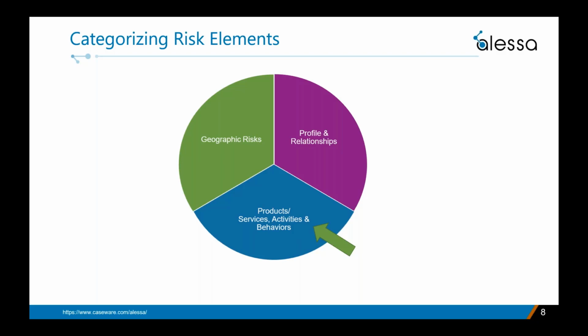So if you think about it, the first category is about who the customer is. The second category is about what the customer does. And then the third category, geographic risk, is about where the customer does it. It being payments, both incoming and outgoing, as well as locations of assets, business relationships, and so forth. Now, this is then tied to money laundering risk associated with individual countries.